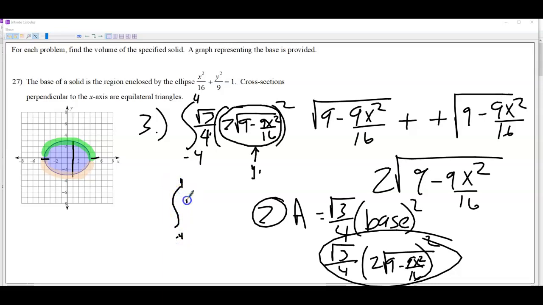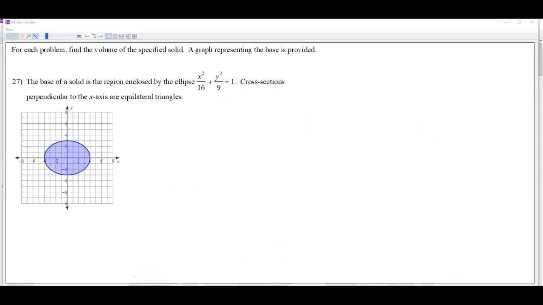But with the square root of 3 over 4, you're going to want to be careful to put that in parentheses, because anytime you have a fraction, you want parentheses. And so this is how I would type it in my calculator. It's just that the bigger and uglier these equations are, if you don't store the equation separately, it's very likely you're going to end up missing a parenthesis or typing something wrong. It gets really confusing. So I like to store the equation myself under y1 and just enter it like that. But it's up to you. However you want to get that integral into your calculator is fine. But regardless, you should end up with an answer of about